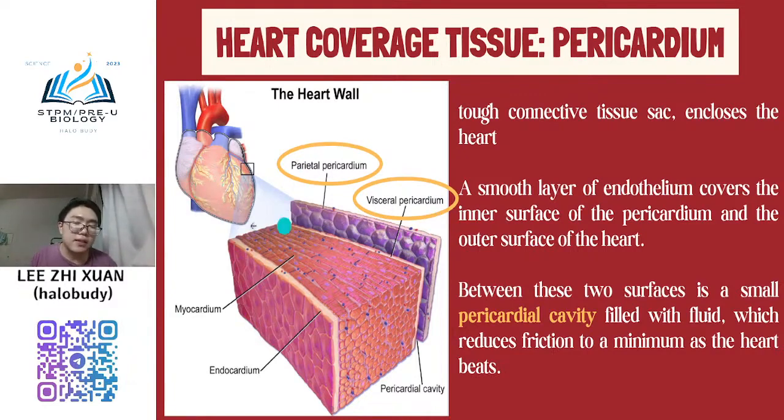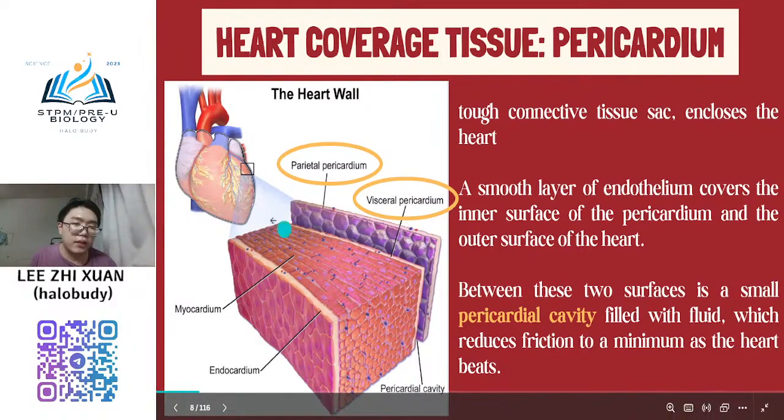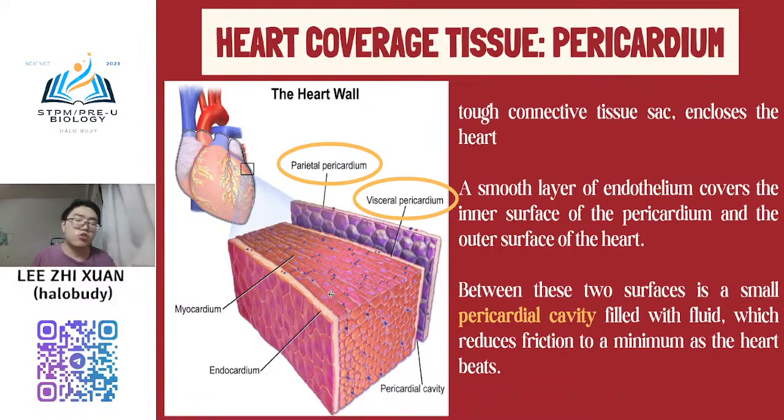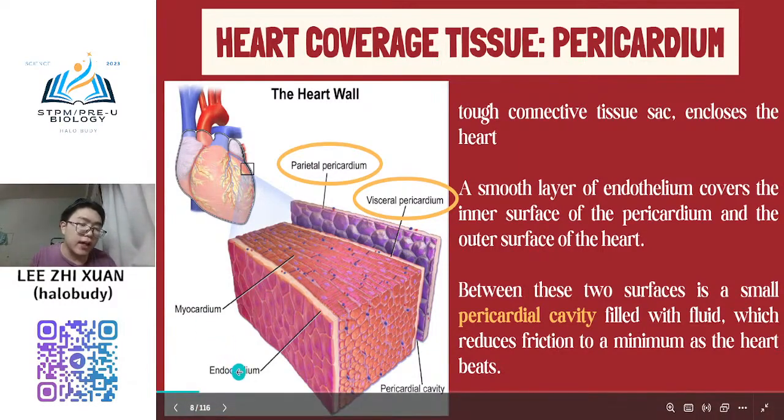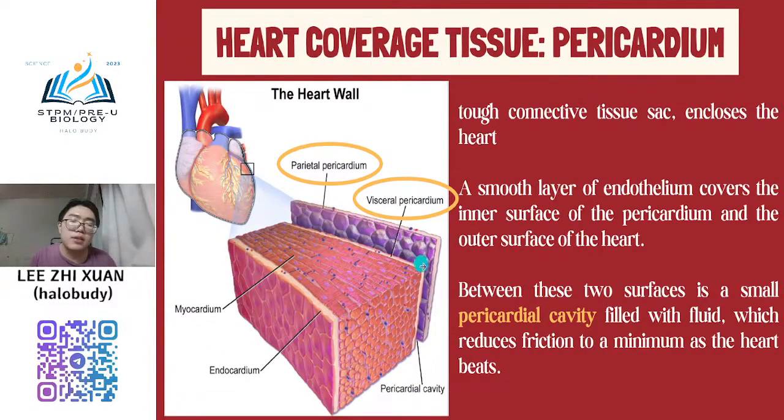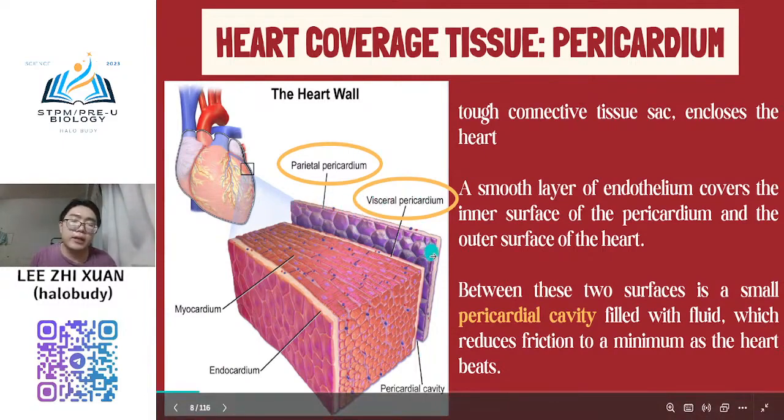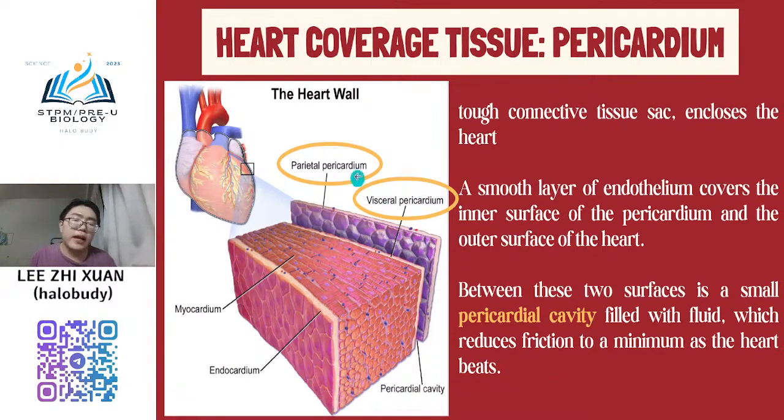So if you see this diagram, this is the 3D diagram. When they make it in 3D, you know myocardium and endocardium are types of cardiac muscle, and then pericardium is the outermost layer. So pericardium is the outermost layer. There are two types of pericardium, but this one you don't need to know. You just need to know that pericardium is located in the outermost layer of the heart, and it is a type of connective tissue enclosing the heart. So I already said it is the outermost layer.